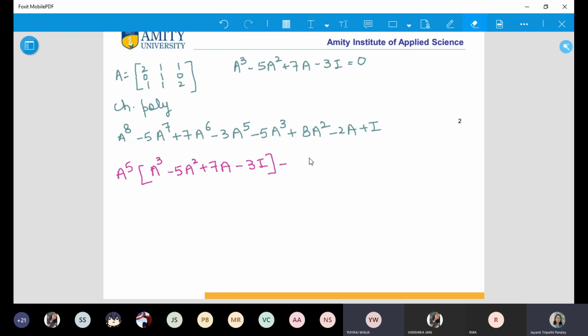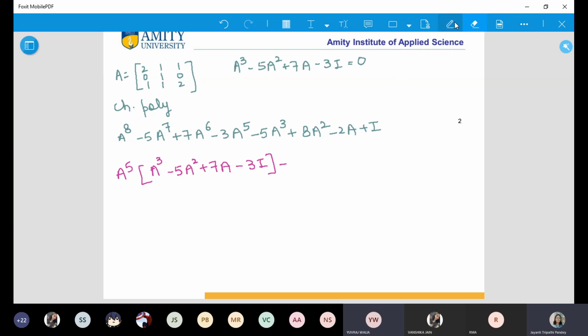You will get a cube and then you have to write a cube. Ma'am, I solved it, but the answer is completely different. Just a minute, let me check the matrix. This is a to the power 8, 5a 7, 7a 6, 3a to the power 5. Beta, one a4 is missing from here. Please note it down.